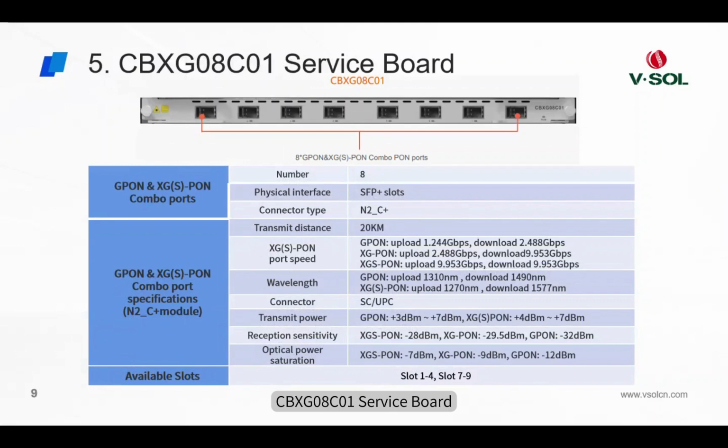CBXG08C01 service board. It is a GPON x GS-PON combo board with 8 PON ports. It requires the use of N2 and C+ SFP+ modules with SC UPC specifications for fiber optics and a signal transmission distance of 20 kilometers. It should be noted that due to the support for registering GPON, XGPON, XGS-PON ONU simultaneously,